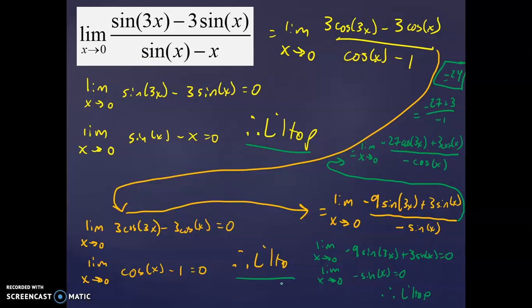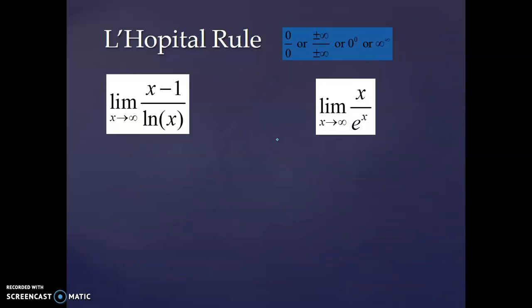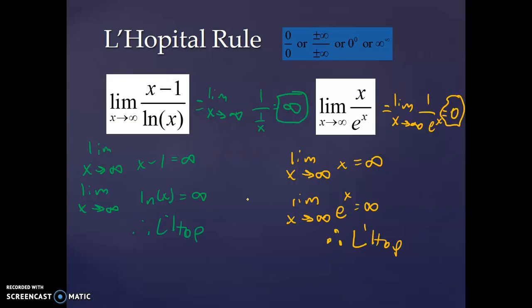Each time you use L'Hôpital's, make sure you write out the limit statements twice, and then make sure you reference L'Hôpital's, and make sure you never write equals 0 over 0 or infinity over infinity. I'm going to work through these two. So as we can see on both of these examples, the top and bottom limits both evaluate to be infinity. So again, don't write equals infinity over infinity. Write out the limit statements and reference L'Hôpital's. In this case, this would turn into just x, so the limit as x approaches infinity of x, which is infinity. This one turns into